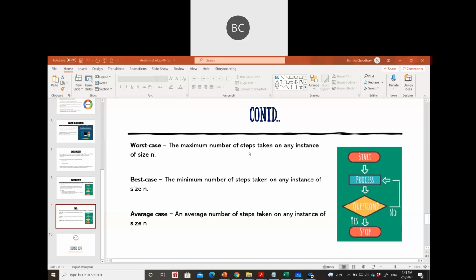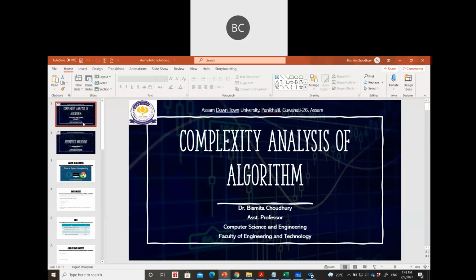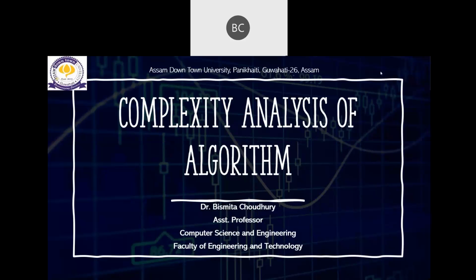Yeah, so an average case is just the average time. For any program, we always try to find out three things: best case, average case, and the worst case. For each of these types, we have certain terms, known as asymptotic notations. Asymptotic notations are mainly for the complexity analysis of your algorithm. So we analyze the complexity of any algorithm, mainly the time complexity,